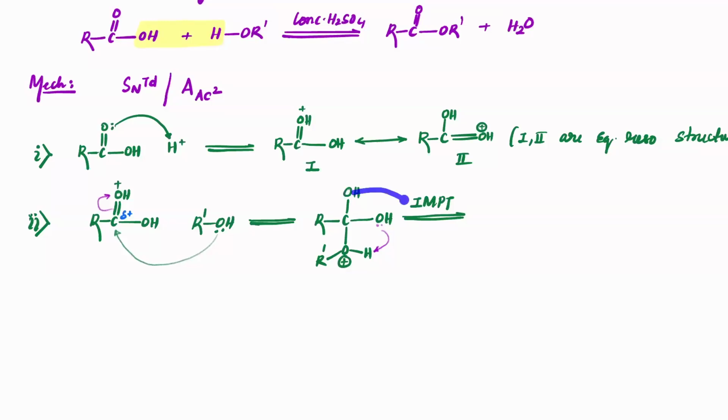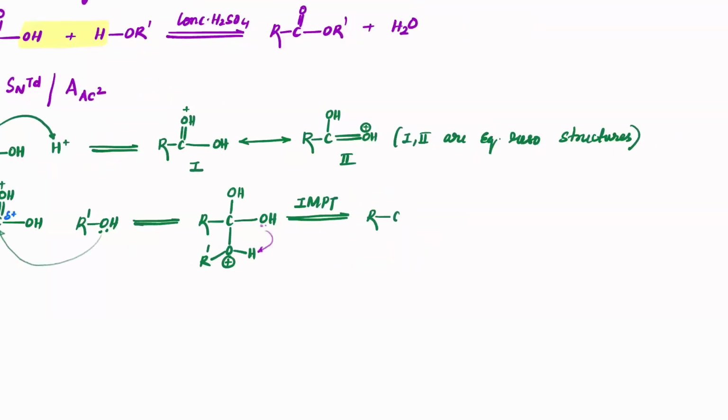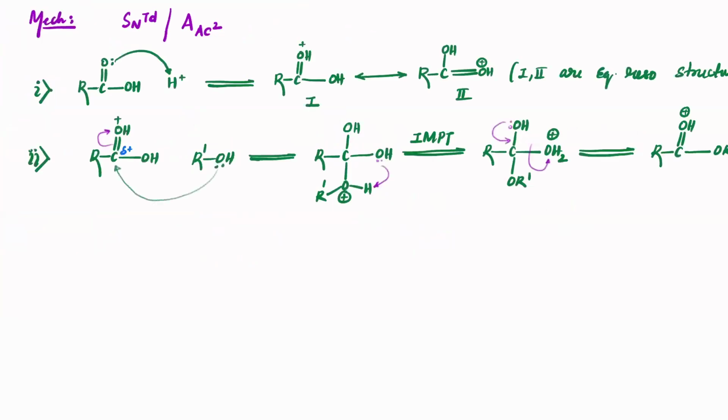Whether you take this oxygen to take H plus or this oxygen to take H plus, it's the same thing because both of them are equal in quantity. So you can take this as ROH, then we have OH2 plus, and we have this as OR dash. That's when the lone pair on this oxygen will push it back because you would now realize there is a better leaving group in this case. That leaving group will make it convert to C double bond OH plus, and then we have OR minus. So that becomes our last step, which is